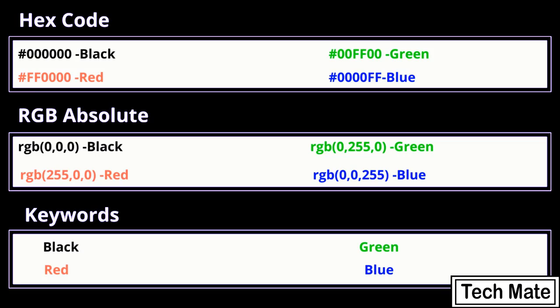Keywords means you can write the name of the color. That is the simplest way, but it will restrict some of the color variants. For example, if you write red, it will give you absolute red, not any other variant which is somehow close to red. If you want to make more color combinations, you can use the other ways. So whenever you want to give color to the text or to a particular background, you can use one of these ways of passing the color.